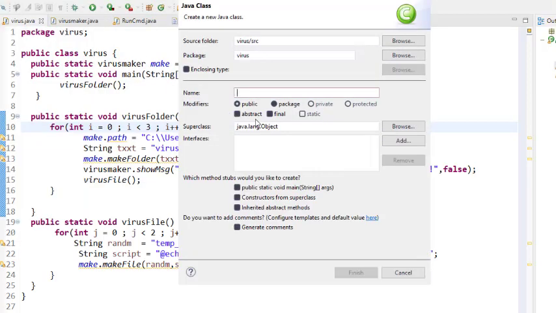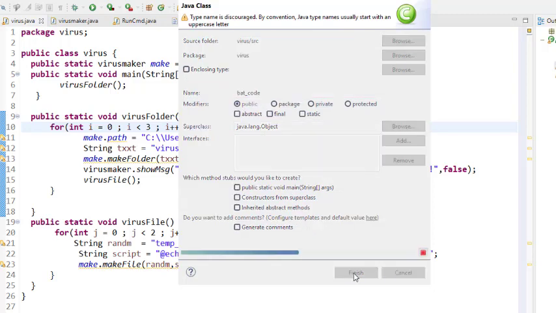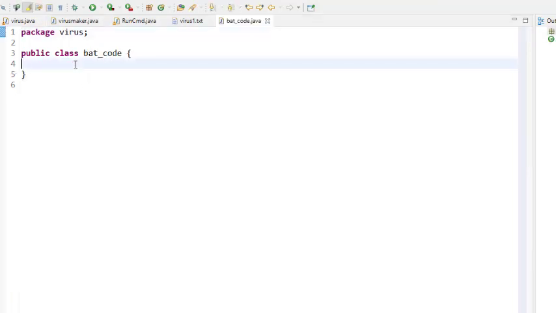I will give it the name bat code. Okay. Don't add any params. It's public, of course, and it will finish. I will create here a public static string, let me say here bat1 equal